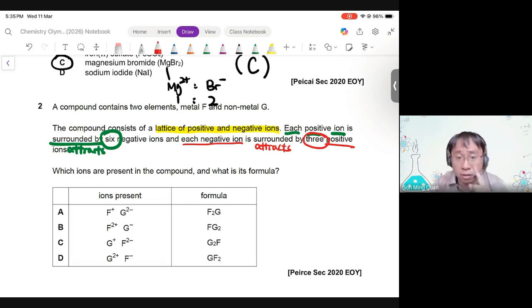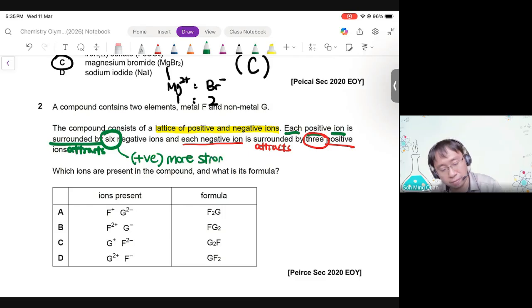So what does this mean? Who is more attractive? Is the positive ion more strongly attractive? Or is the negative ion more strongly attractive? Which one is more? And I'm sure you'll come to the conclusion: the positive ion is more strongly attractive